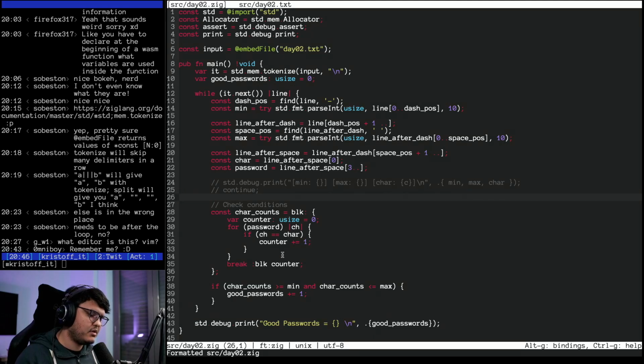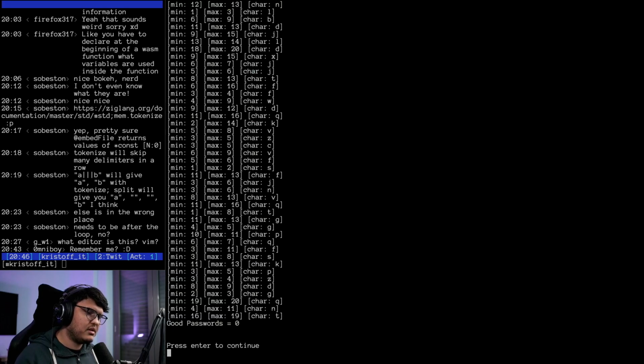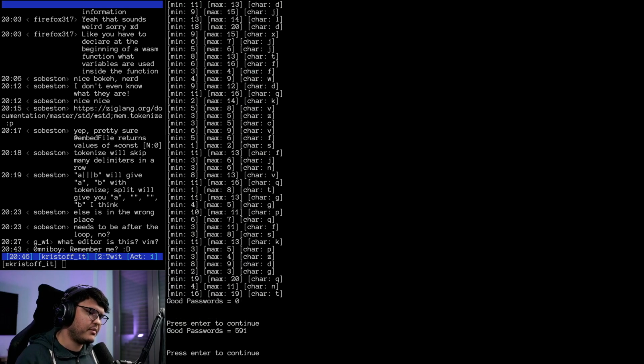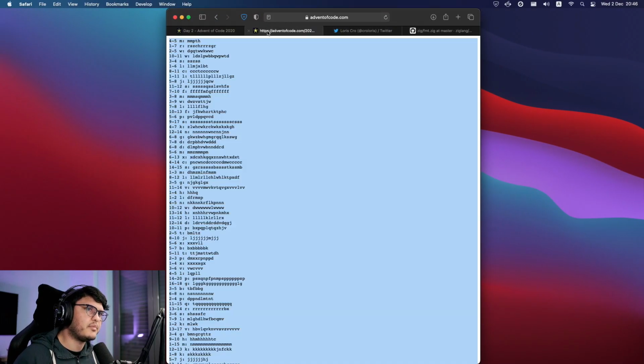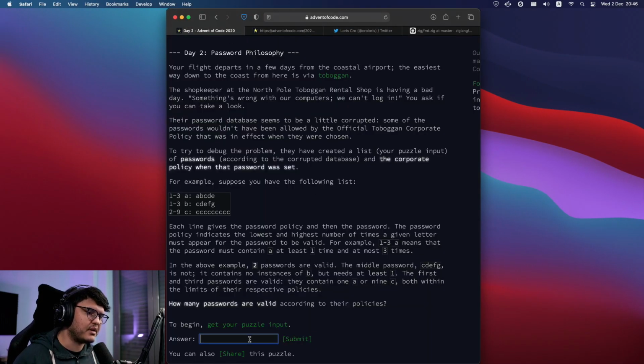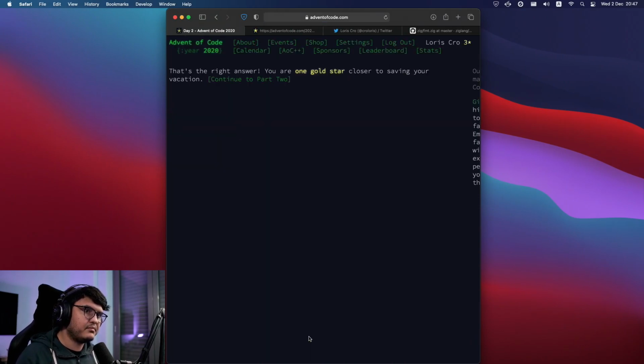Nice. Let's see if we encounter any problem. Oh, good passwords. 591. Okay, so I think we might have solved all the problems that we had. It's just stupid relative numbering and me making a very dumb mistake. 591. Is it? Yeah, that's the right answer.